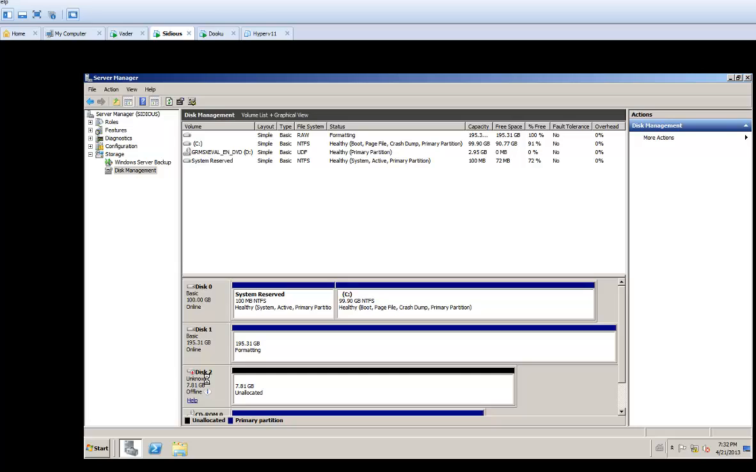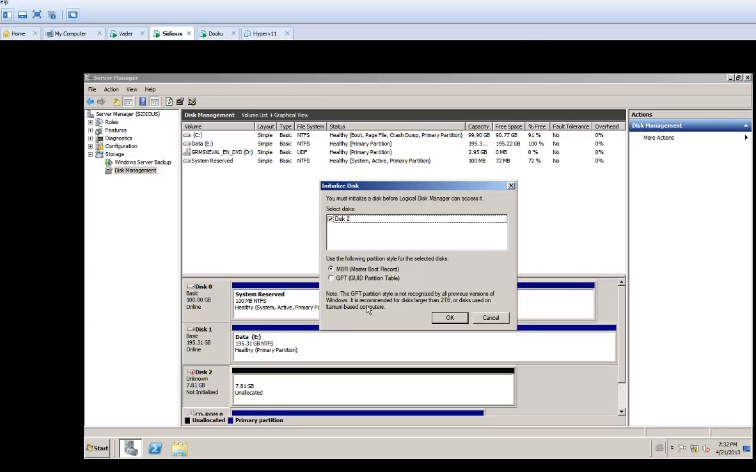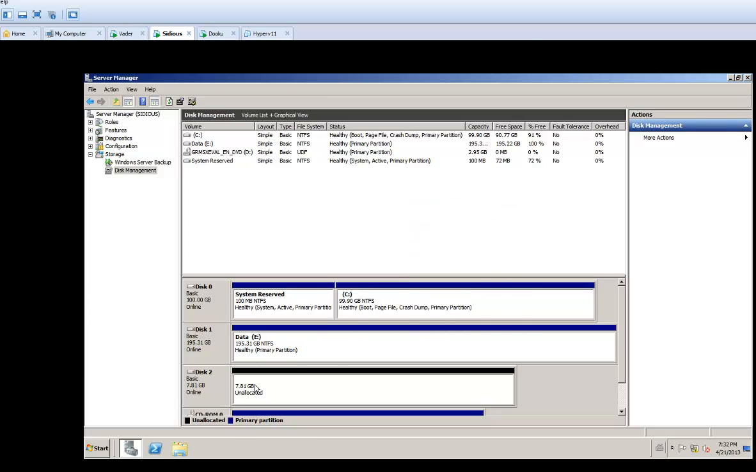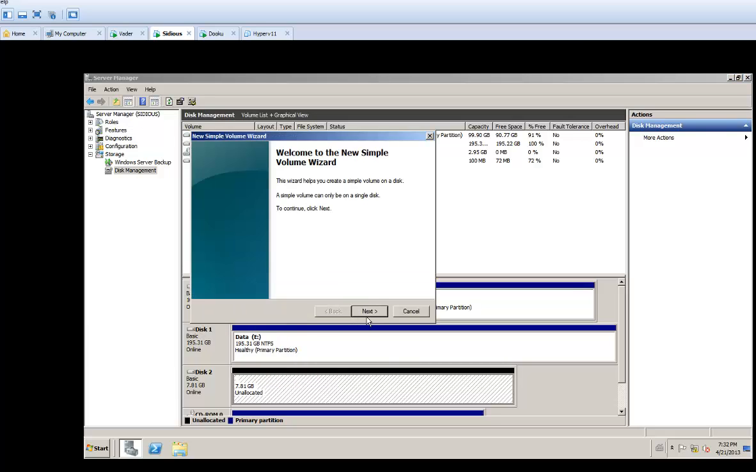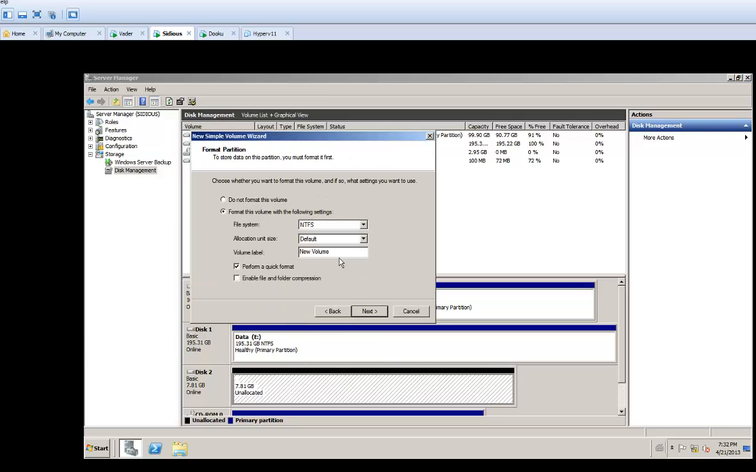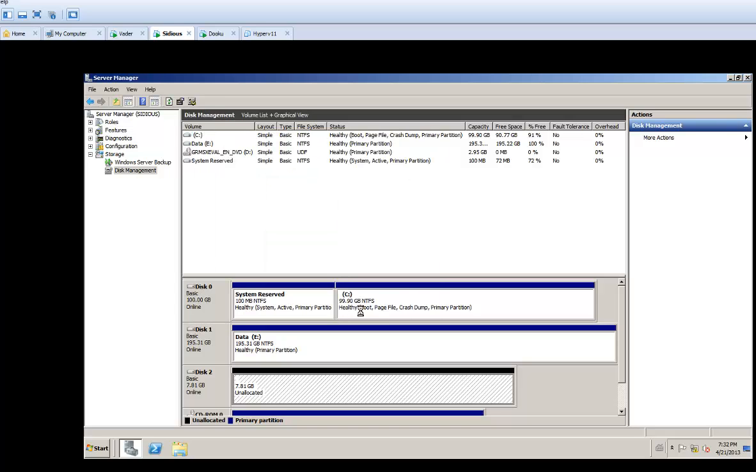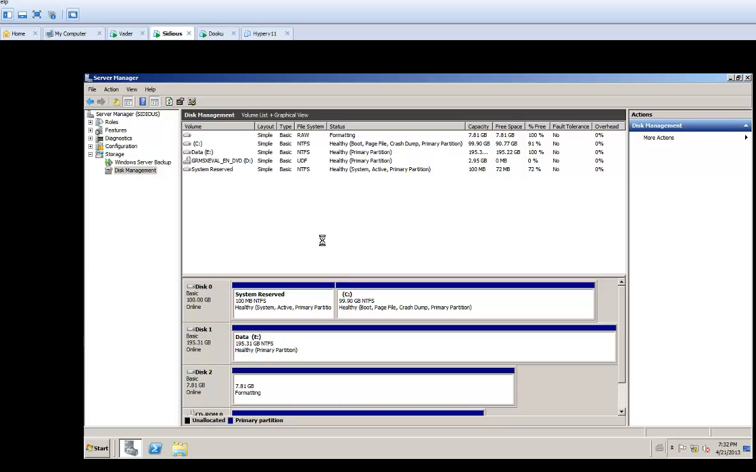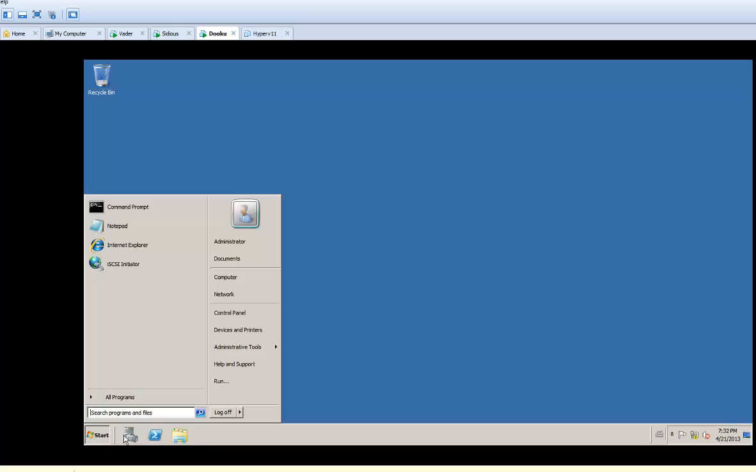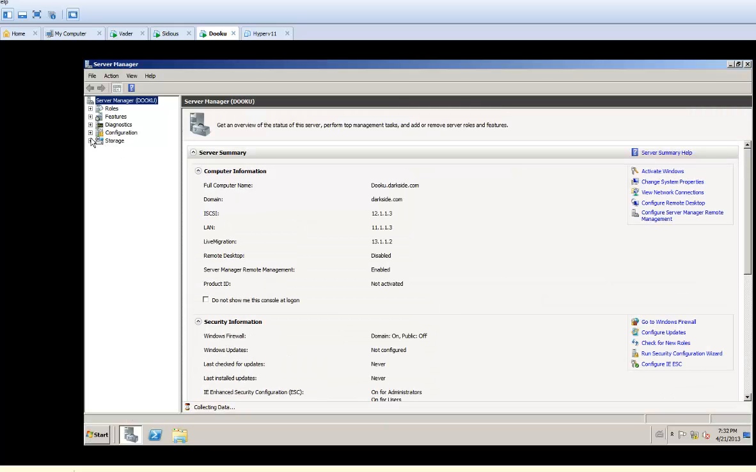Okay. And this one will be my quorum. Let's do it. And here, quorum. Formatting. Okay. Now I need to go to the disk management and just put these disks